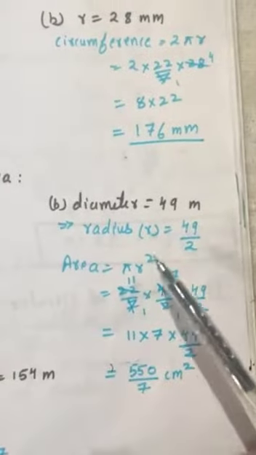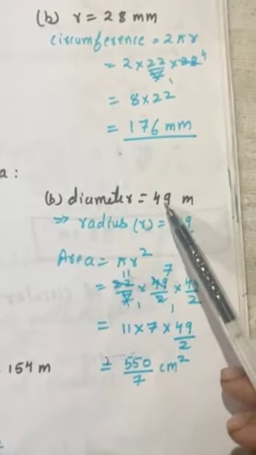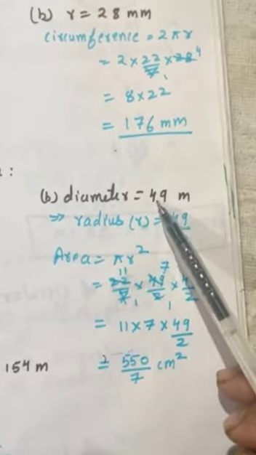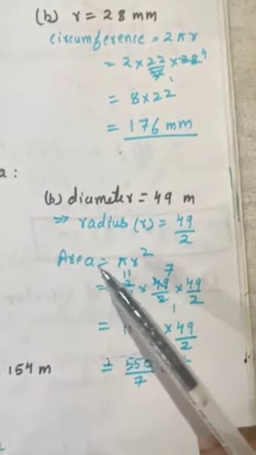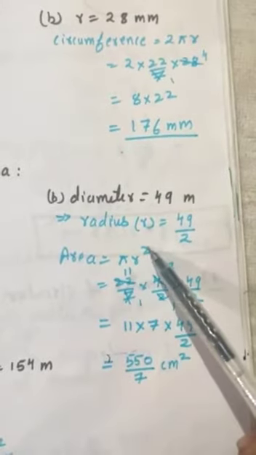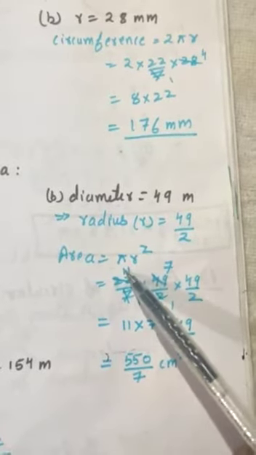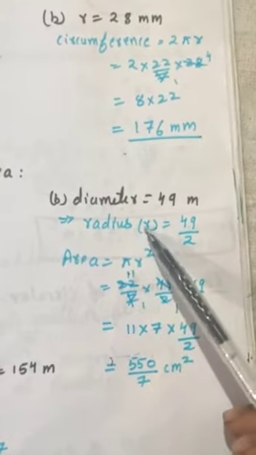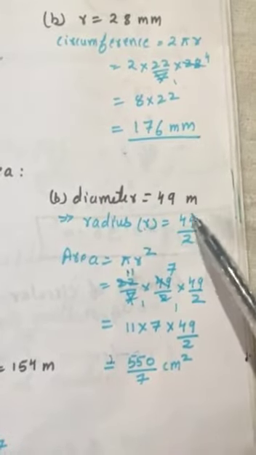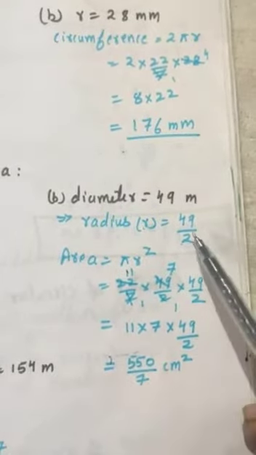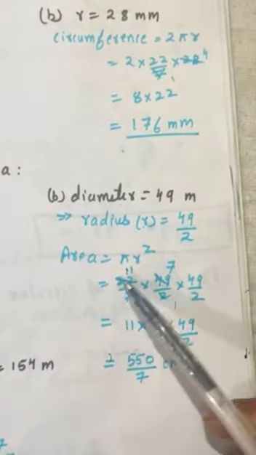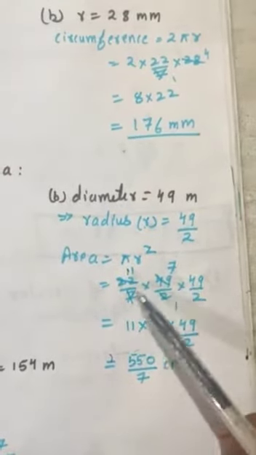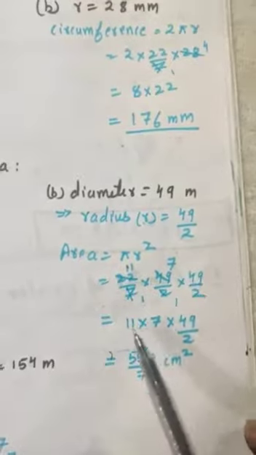Similarly here in this case, now diameter is given to you, 49, and आपको calculate करना है area. Area का formula क्या होता है? Pi r square by 2. Now r is needed. You know the relation, r is d by 2, which is 49 by 2. Now इसे आप डेसिमल में लिखने के बजाय आप इसे फॉर्मूले में पुट कीजिए, so that you can just cancel them. Okay, so this will be